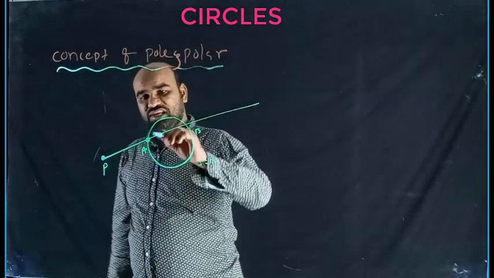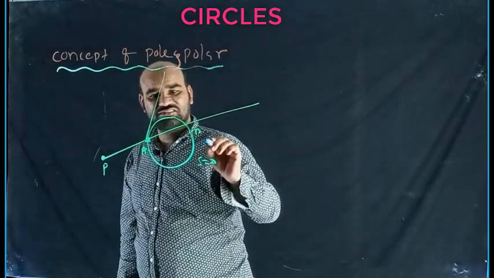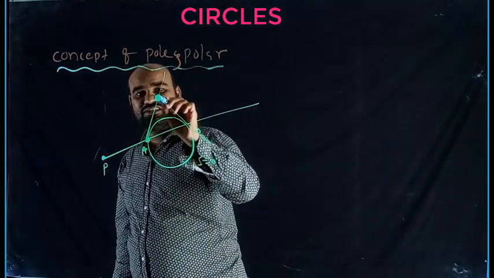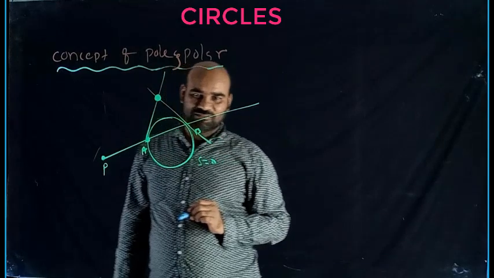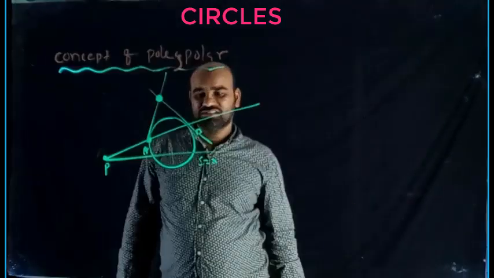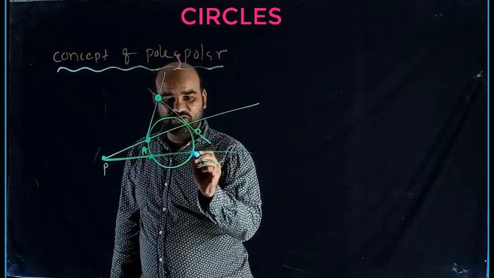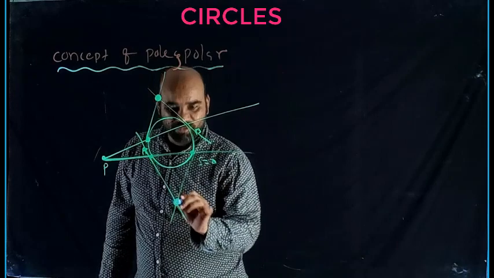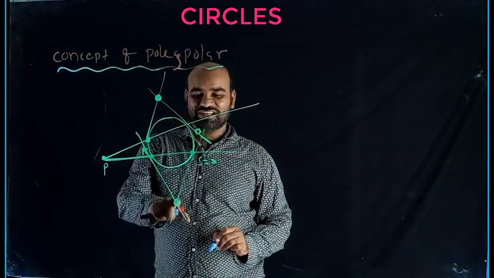Interesting. At A you can draw a tangent. At B also you can draw a tangent. They will meet at a point. This is the required point for us. Through P draw another secant intersecting at two different points. Through those 2 points draw tangents. They will meet at a point. This point is important for us.